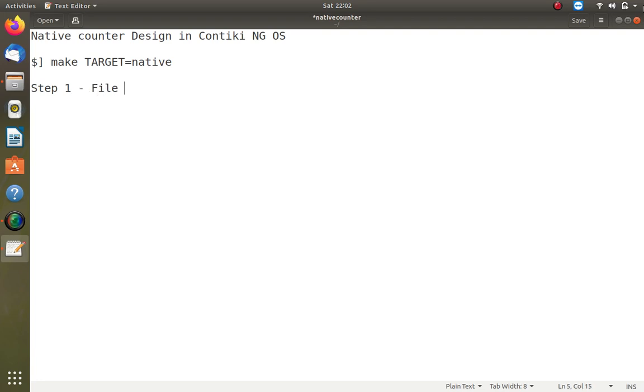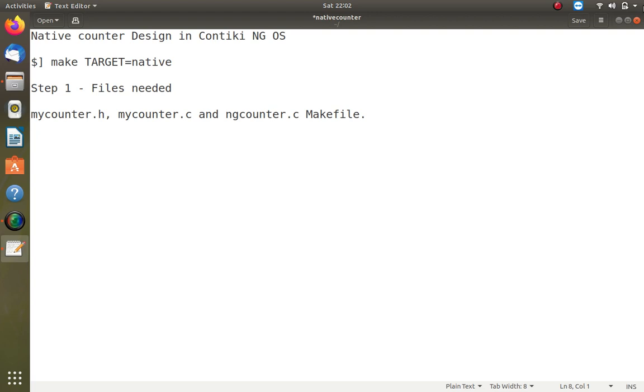files needed to create. What are the files we are going to create: my counter.h, my counter.c, and ng counter.c, where ng counter means Contiki-NG counter.c, and a makefile.